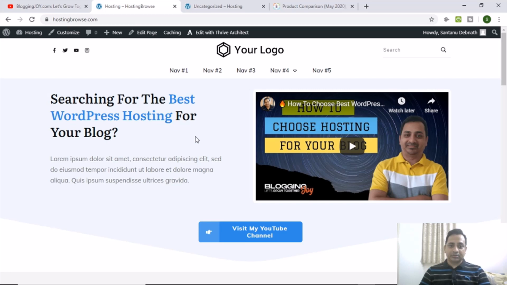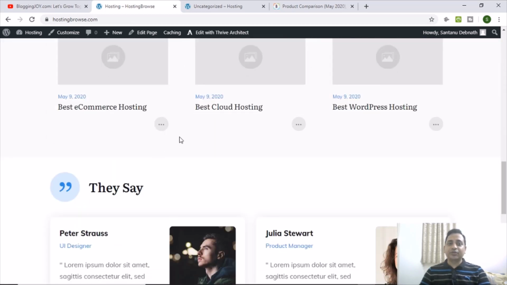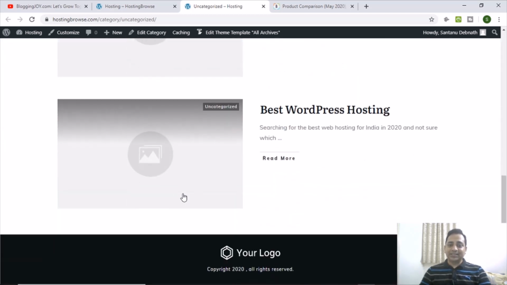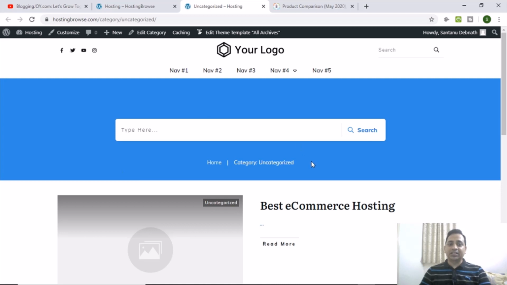So this is the website. So in this website so far I have only one category, as I told you. So this is the default category, like uncategorized. I have not yet done any changes. Just for the sake of creating these tutorials, I am using this website. So let's say this is the default template available for this category. Now I want to change or redesign this entire template.